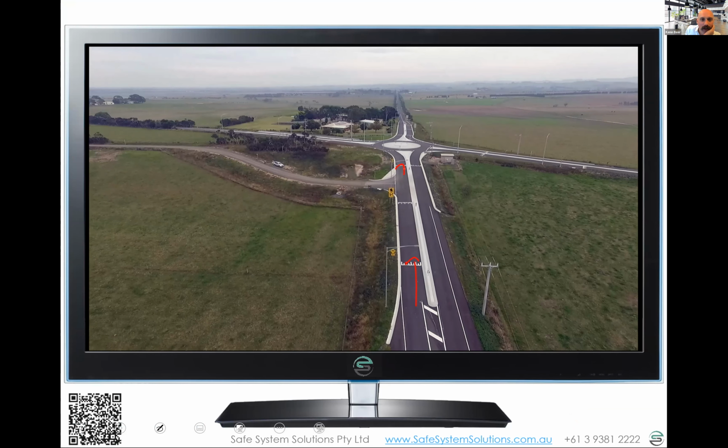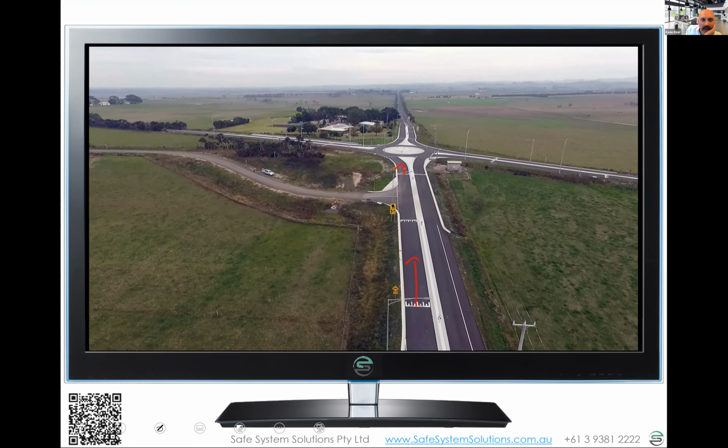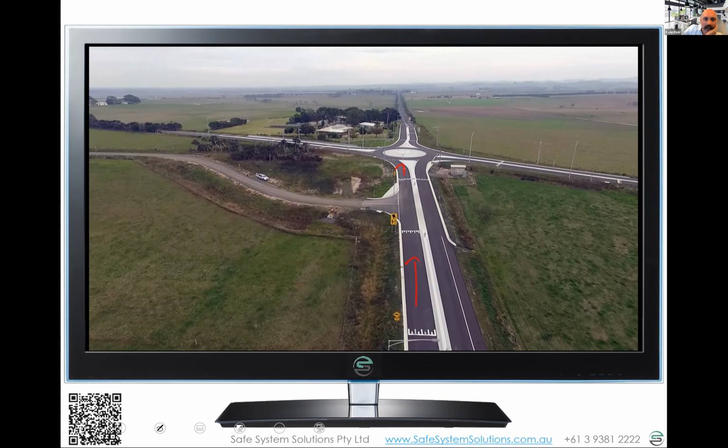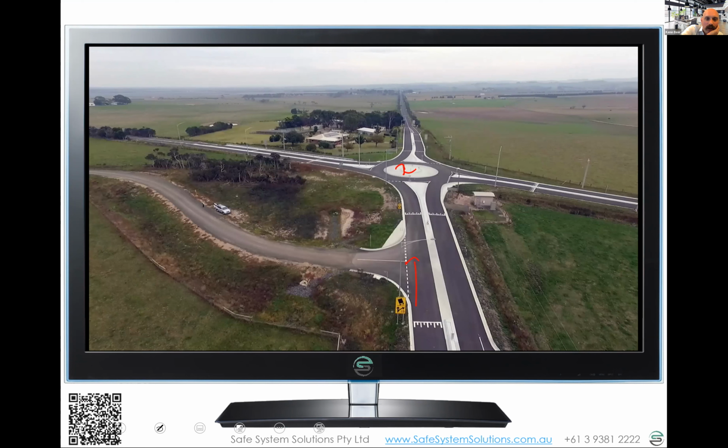Let's move that forward a bit. So, slow down on the approach there. You can see there, a little hard to see, the small island there, the area where larger vehicles can track.